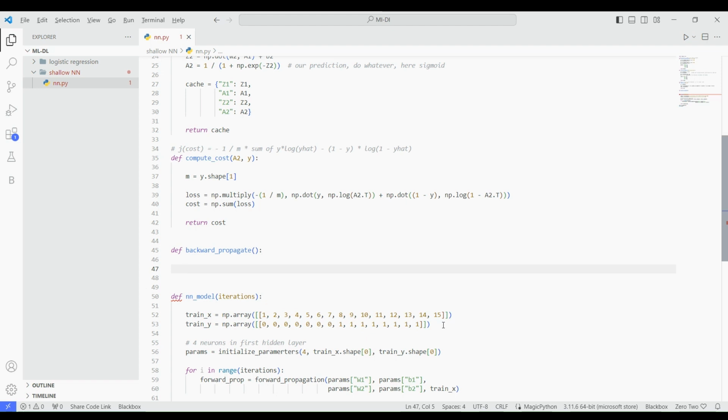Okay, so I'm going to propagate backwards in this video, and I already explained how we're going to do that in the last one. So just make a function backwards propagate. And then we're just going to say m is equal to x shape. And the reason for that is because, actually, let me put x here so I can take x as an argument. And the reasoning behind this is because